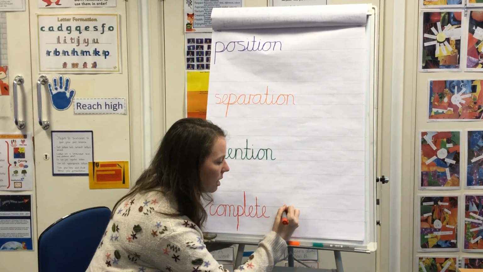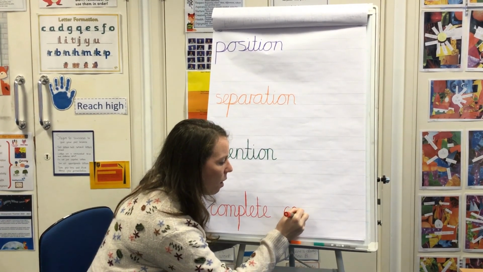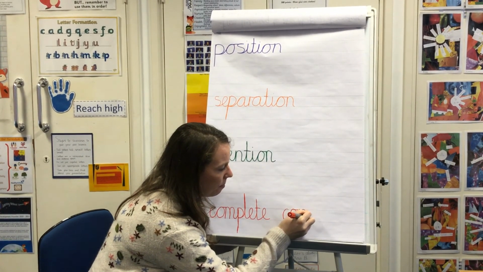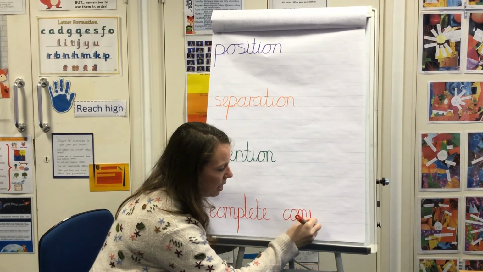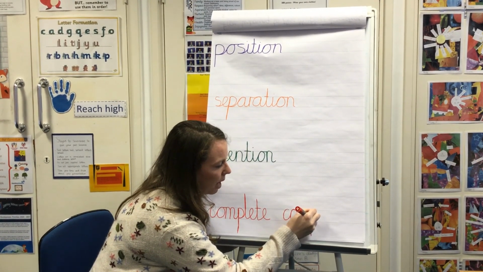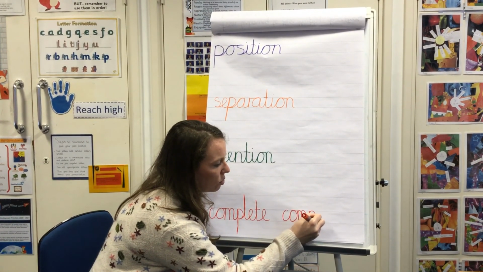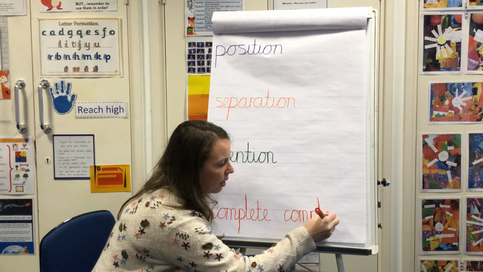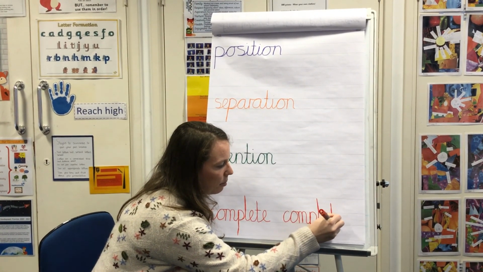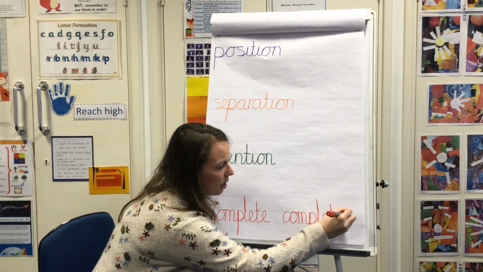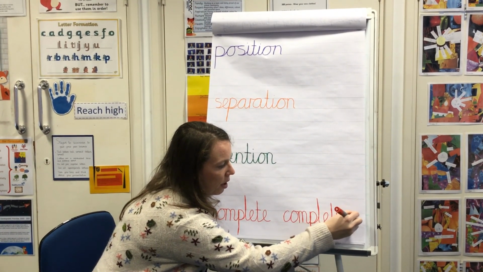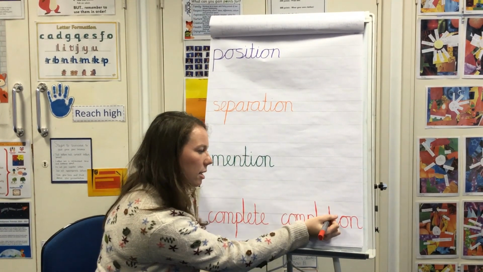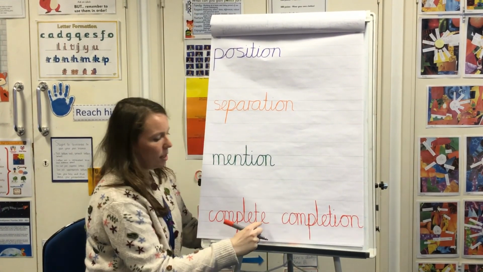So my C-O-M-P all the way down to the bottom, back up and round, join into my L-E-T, and now I need my I-O-N suffix, I-O-N, and I can go back and cross the T and dot the I, so we took off the E and